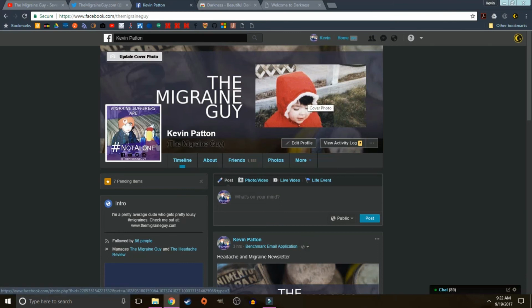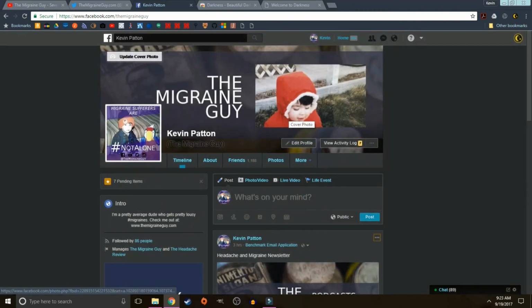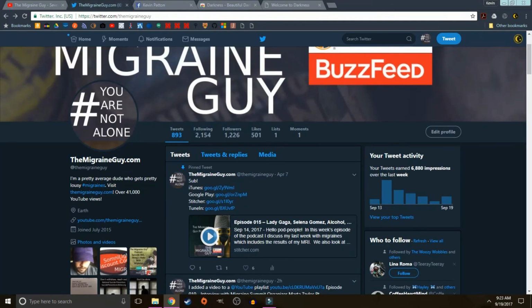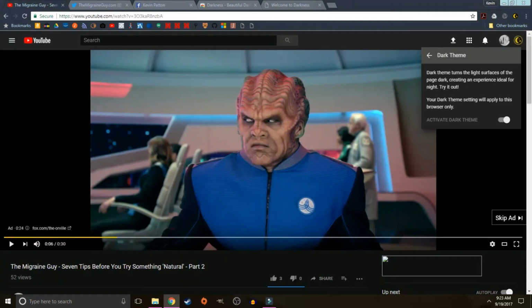But as you can see here, when I go to update my status, for example, some of the buttons, some of the icons don't quite appear normally, but that's because the dark theme that I've installed is overlaying on top of the website, and that is going to cause a few issues. Now, it hasn't been anything where I couldn't understand what the website was saying, hasn't been anything where it's actually interfered with my ability to use the website, but it's just something to keep in mind that not everything is going to display perfectly, because this isn't an official way to integrate a dark or night mode into Facebook or the internet. But I am quite happy with how it is working, and I am going to continue using it